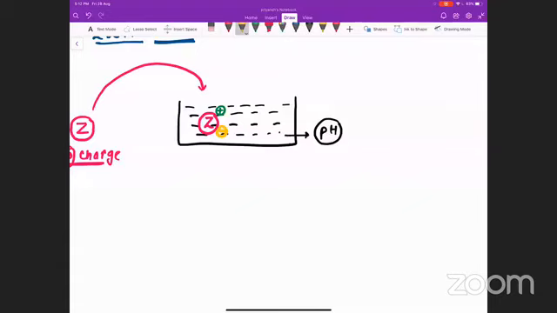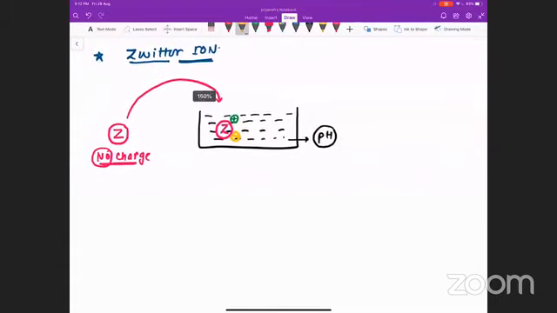So what I am noticing is there is equal amount of positive and negative charges generated on this molecule Z, which was not having any charge. When I have put this Z on a certain pH, there is equal amount of charges generated. This molecule which contains equal amount of positive and negative charge is called as Zwitter ion. So the definition of Zwitter ion is a molecule which carry equal amount of positive and negative charge.